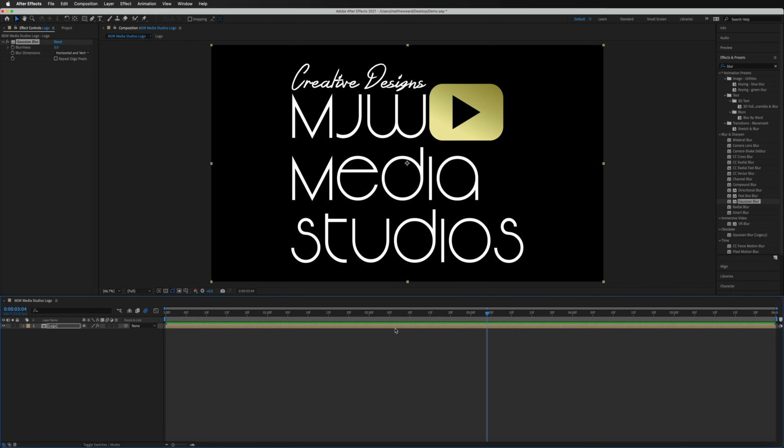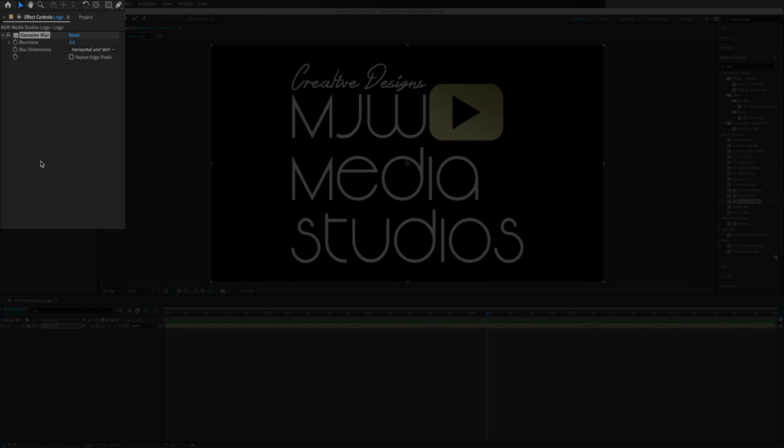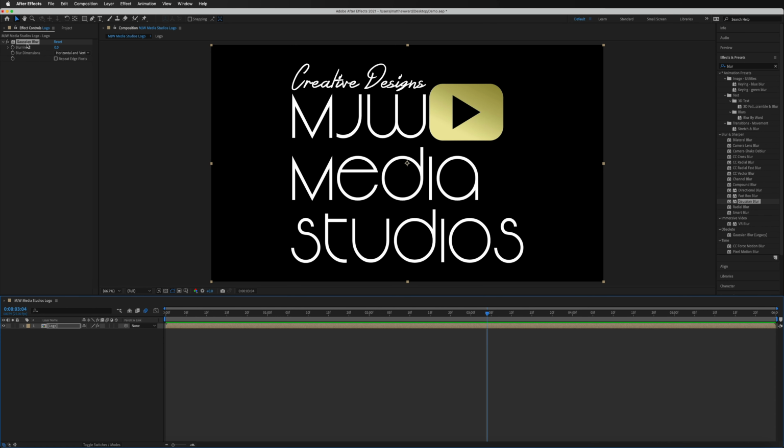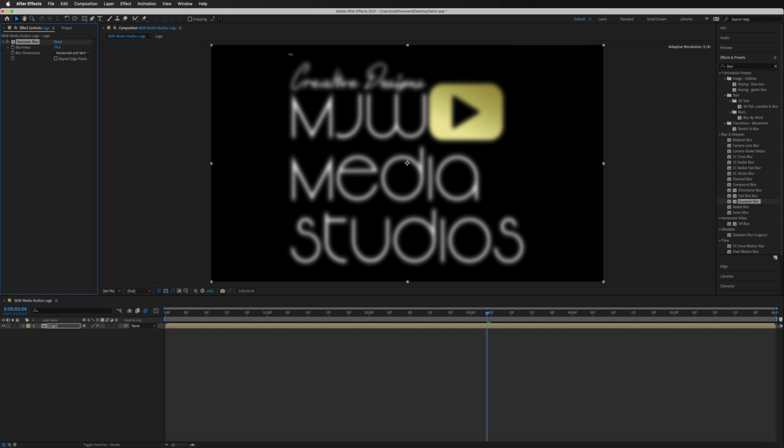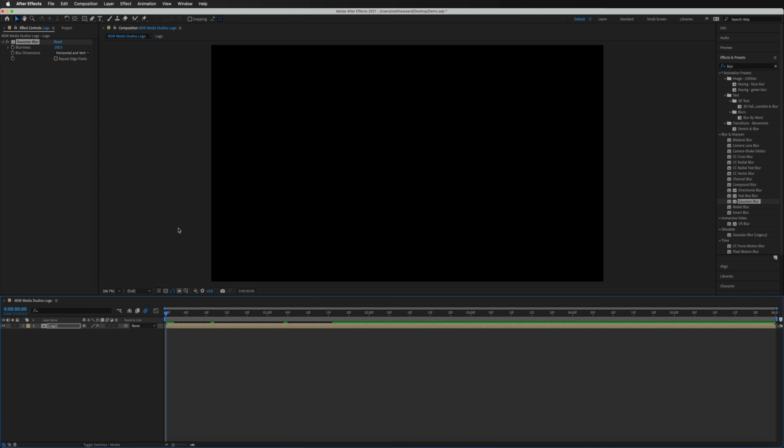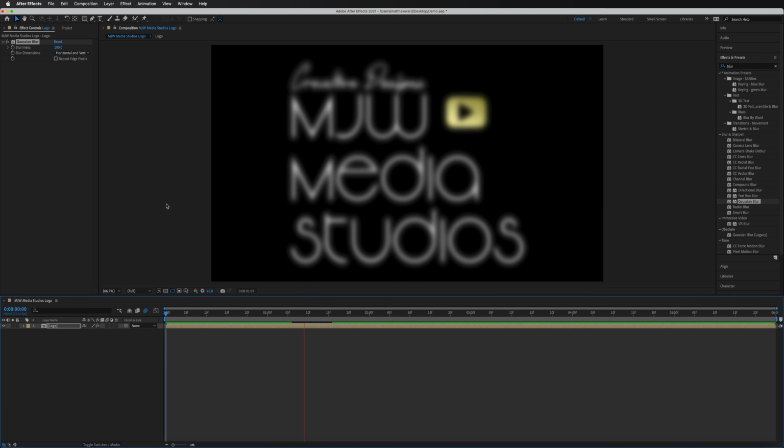But if you go ahead and make our way over to the top left-hand side, now we have some additional options inside of here, which are going to control our blur. So all we really need to do is just change a couple of these parameters, such as this blurriness right there. So if we select that with our mouse and just start dragging that across until our logo gets as blurry as you like it to be. For me, somewhere around maybe 100 is going to look pretty good. So just like that. At the moment, we can't make that out at all. So if we play that back, it is very blurry. So that is kind of what I'm going for.